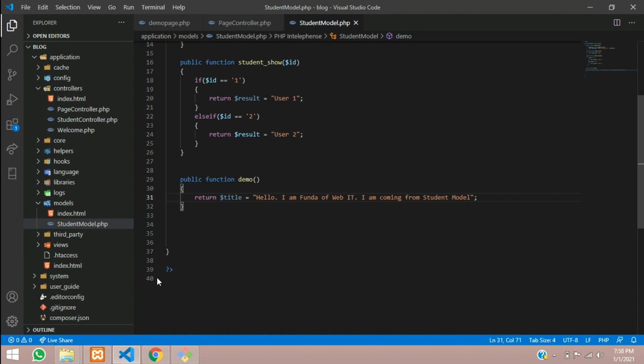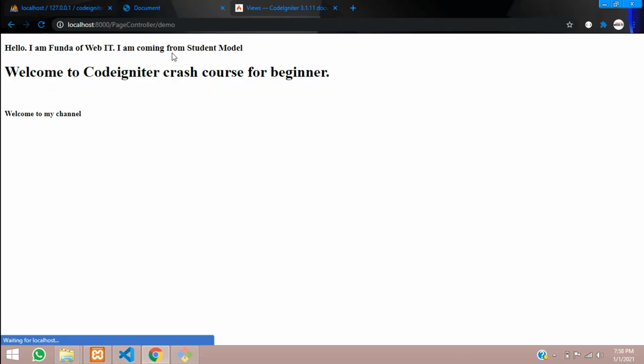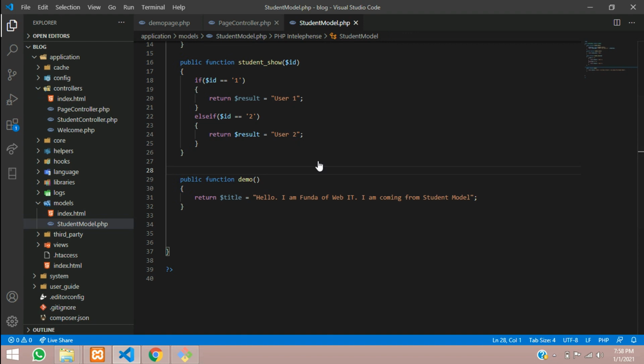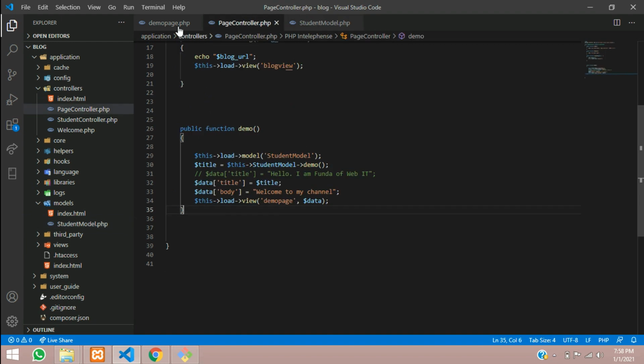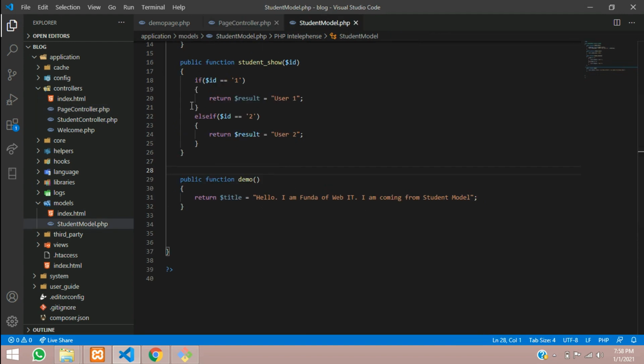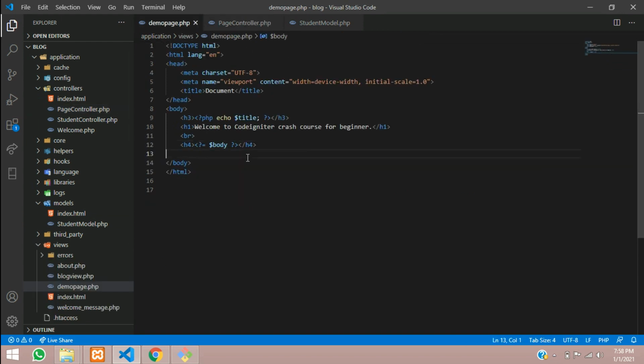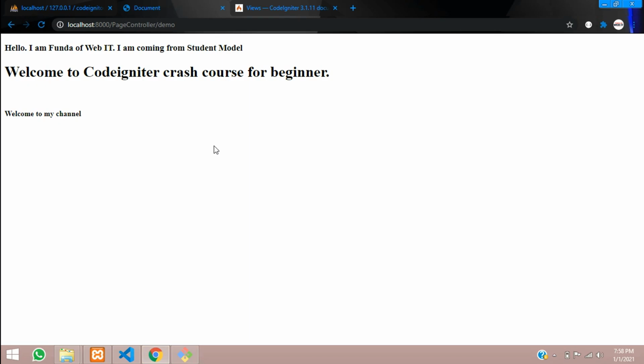Okay. Simple and clear. So you can see how you can use the model in your controller: the page you are loading goes to your model, gets the data from your model and returns it back to your controller, and from the controller you are sending it to your view blade file. So guys, the fourth concept you have learned is how to view the page's data from your controller and models.